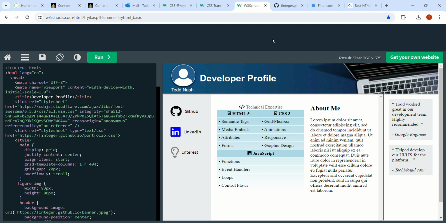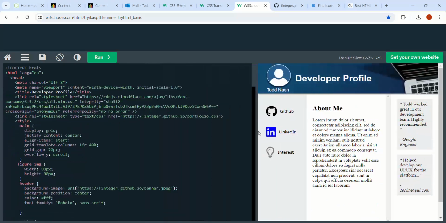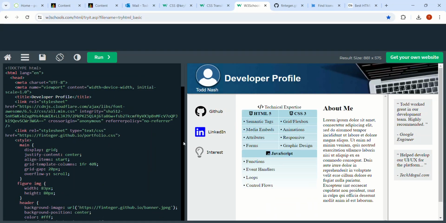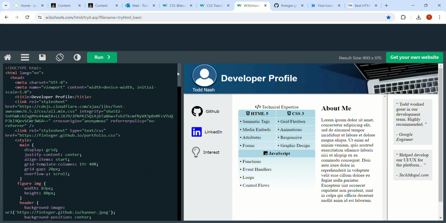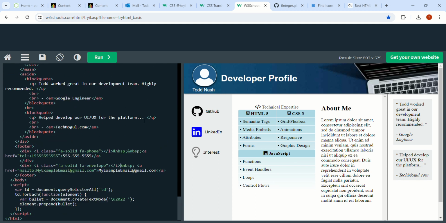Students will need the starter code from stage 3, and you can see our developer profile is well laid out. We have responsiveness, and now we can really use JavaScript and CSS together to provide some dynamism to the page. Okay, so the possibilities are endless, but for today we are focusing on